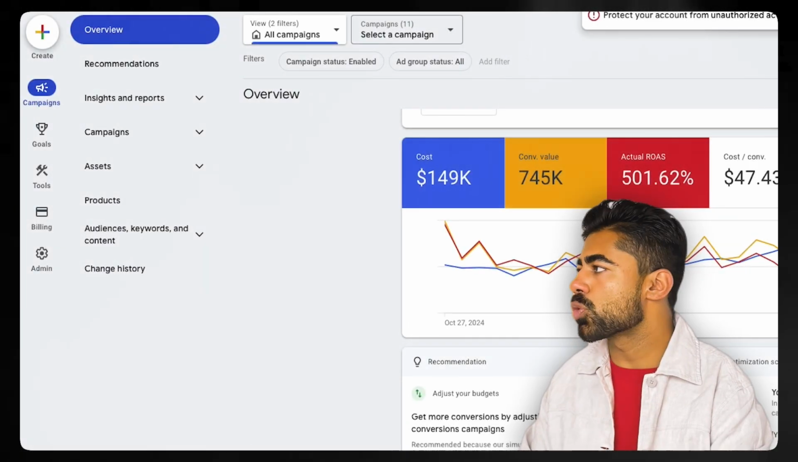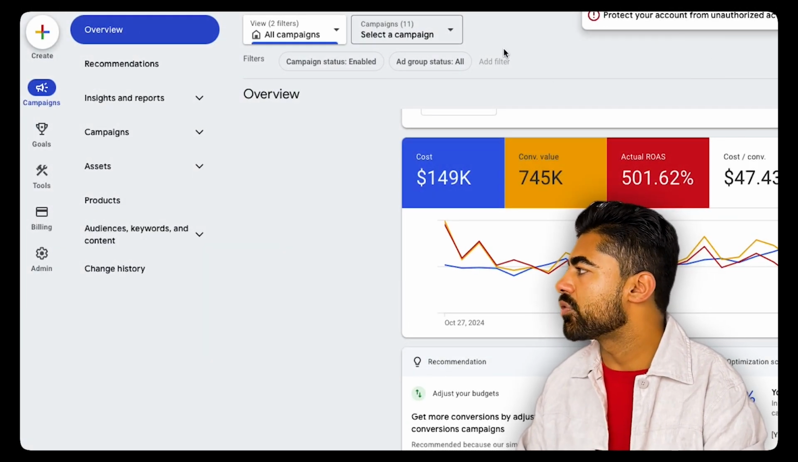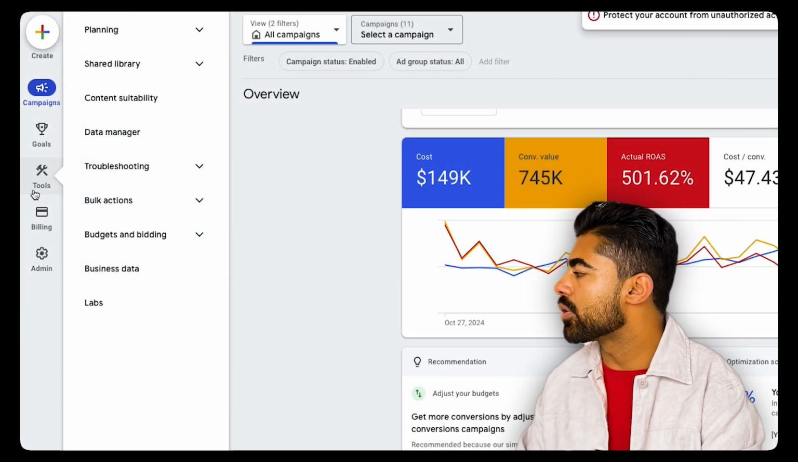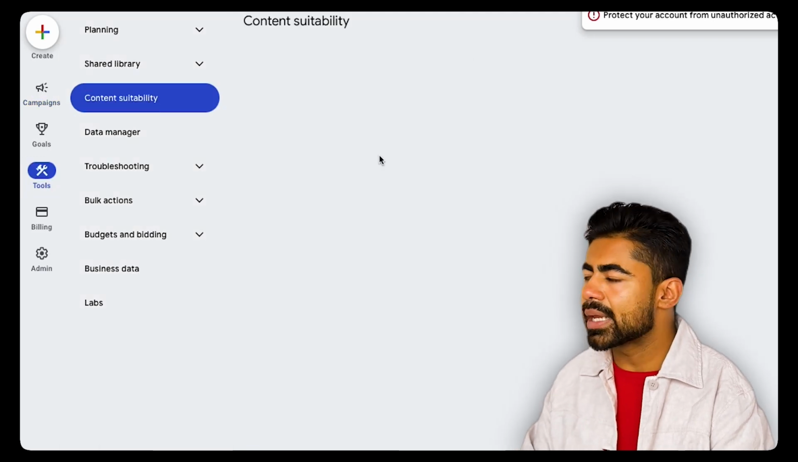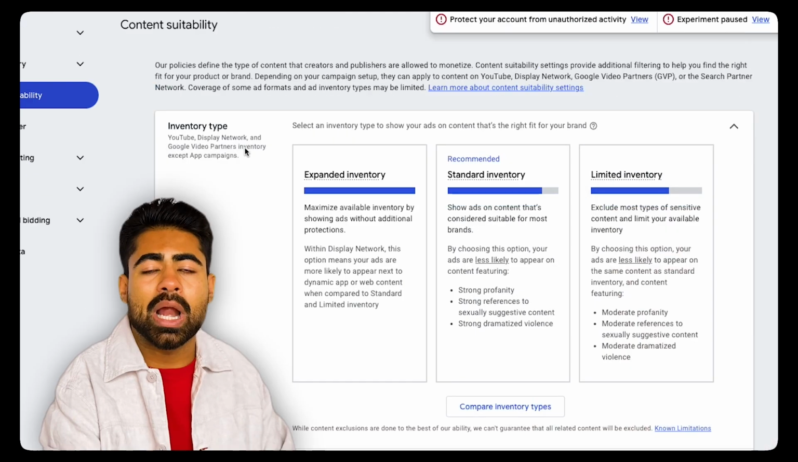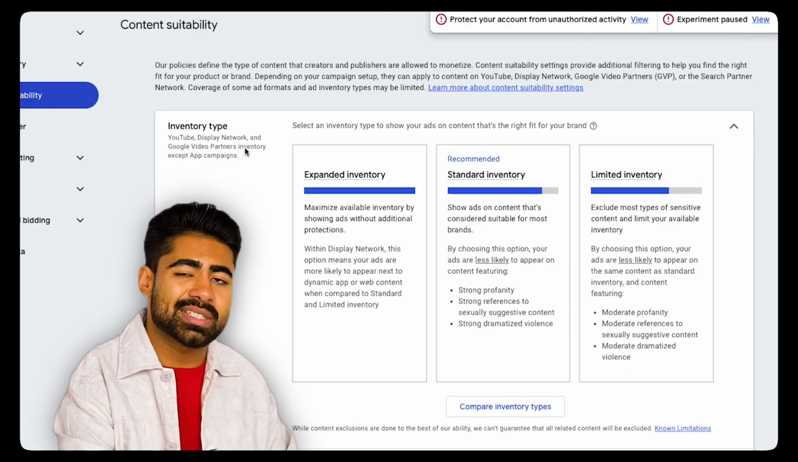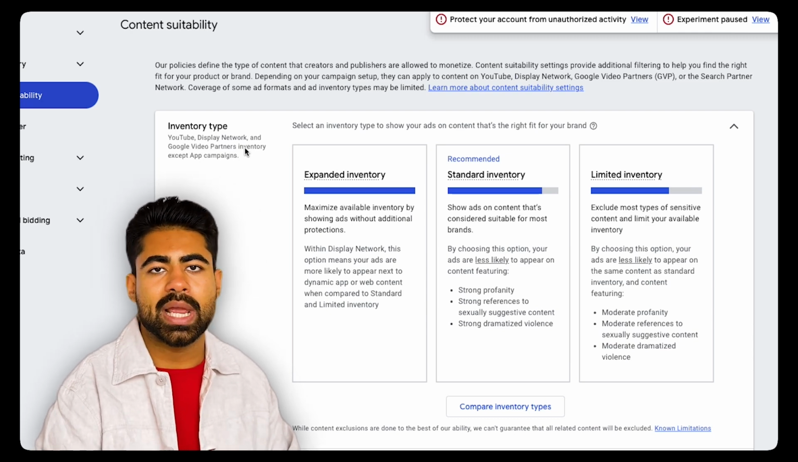Now, in this situation, there are certain ad account improvements. If you go, for example, within your account and you go to tools right over here to content suitability, one of the easiest things you can do is prime your ad accounts up for massive success. This is exactly what we do for a lot of the brands we handle under my agency